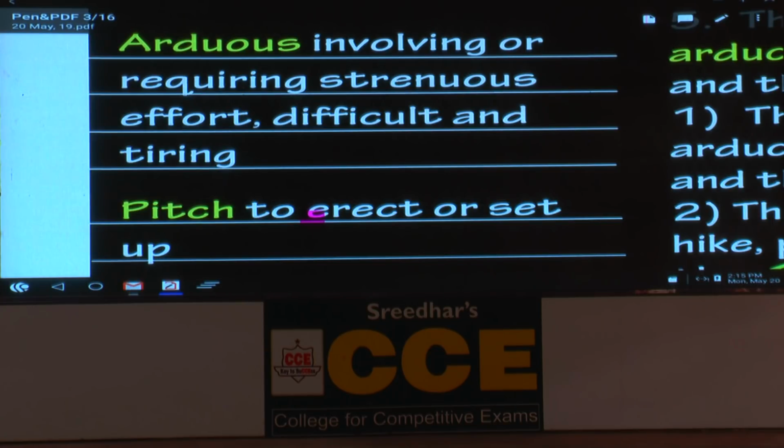What is the meaning of the word pitch? Pitch has got many meanings. Voice, you talk about someone's voice. What do you talk about? High pitch, low pitch. And in this context, pitch is a verb. Voice, pitch is a noun. So as a verb, what is the meaning? To erect or set up, usually a tent or the small thing you use for hiking at the time of hiking. Have you written